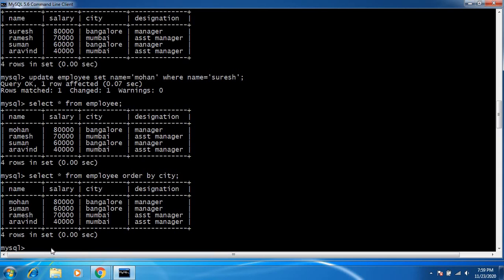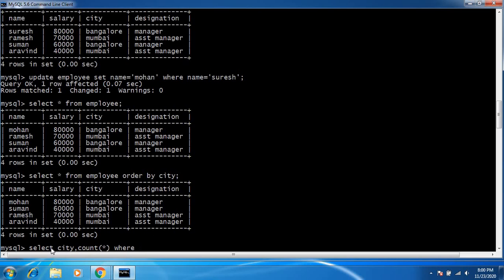After that I can get the people who are working in Mumbai in some particular order. So now I want to display how many people are working in different cities. So how to do this? By making use of the select command, select city, comma, count star. I want to display the count, how many people are working in different cities. So that is the purpose of the count star.